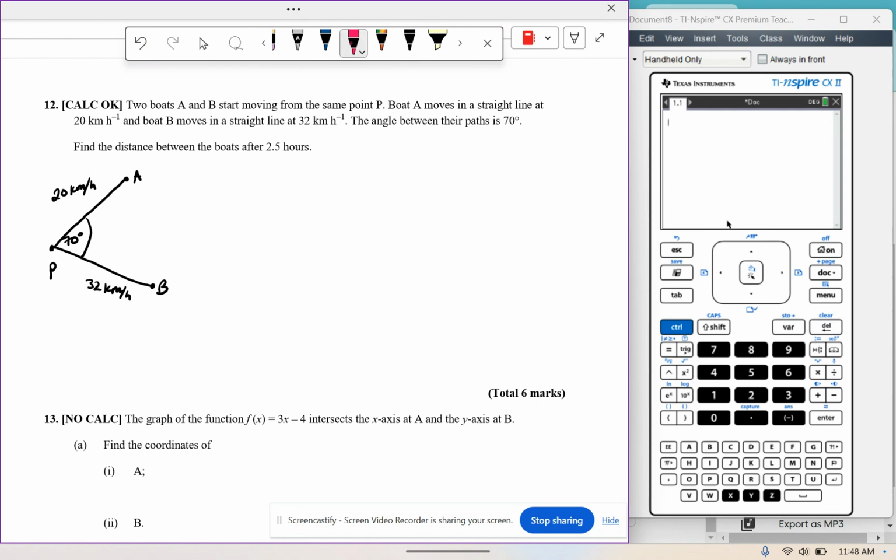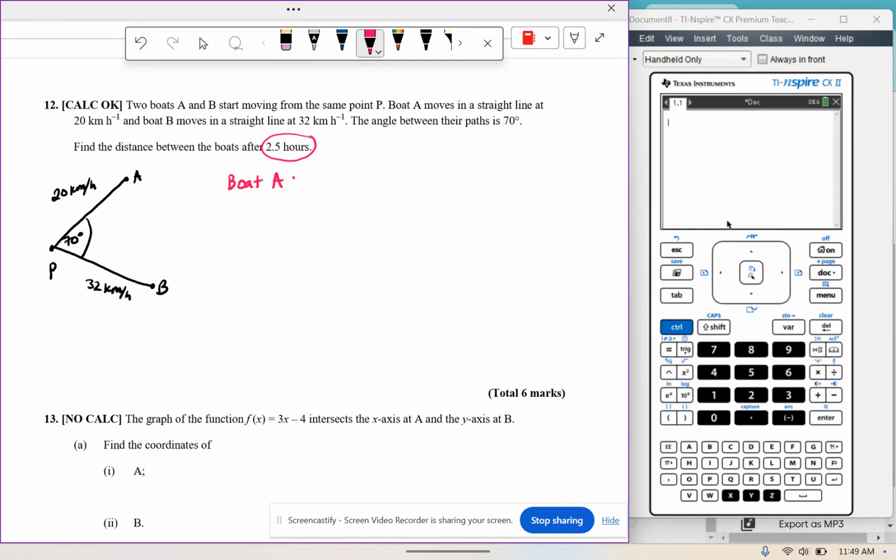Distance between the boats is going to be whatever line I end up drawing here connecting the two. However, I do have to figure out the length of each path here because all they give me is the rate and the time. So since I have the rate and the time, I'm going to figure out how far